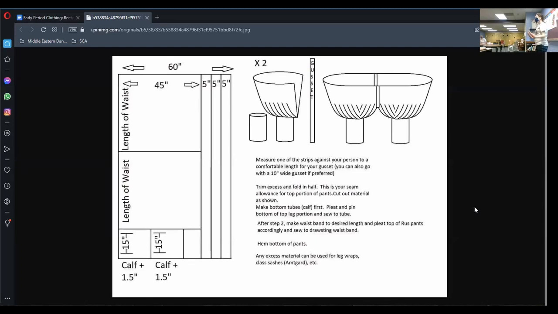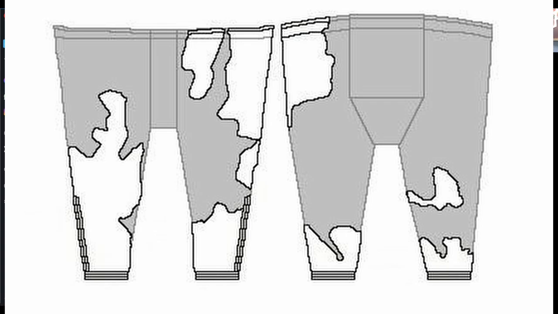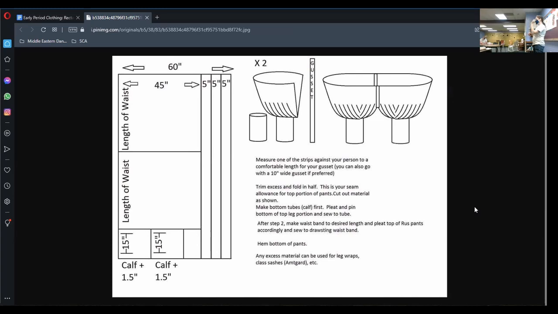a crotch area that is going to be as wide as you want it to be, and therefore more comfortable and tailored to you. There are some where the back gusset is wider than the front gusset, so it's kind of a trapezoid again. And there are some that are just straight from front to back. One of the things the person here says is any excess material can be used for leg wraps, clasp sashes,